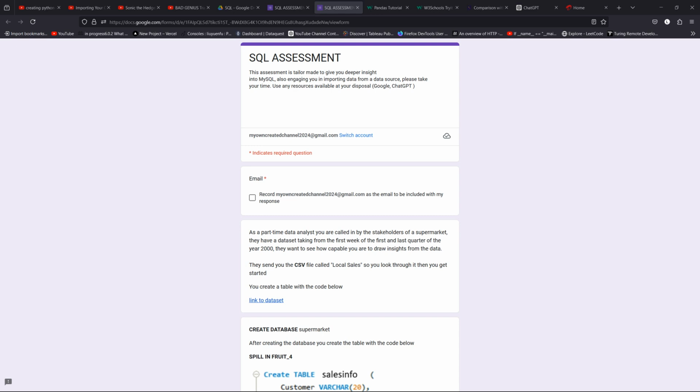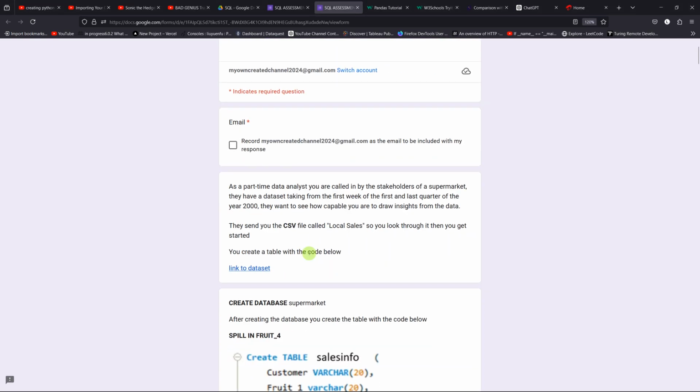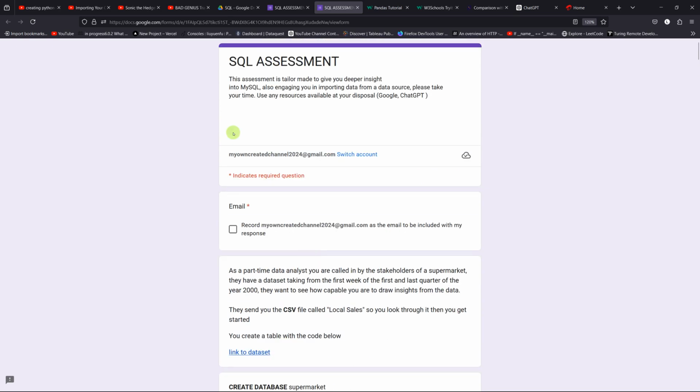So this assessment is actually meant to be a SQL assessment, but what we're intending to do is to make a connection to a SQL database so that we can read this data and solve this problem using Python. And so if you noticed, again, SQL assessment,